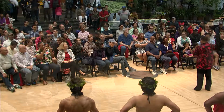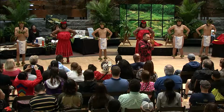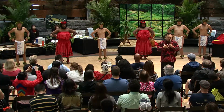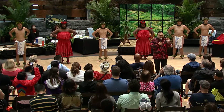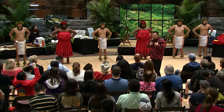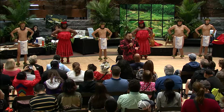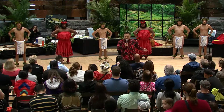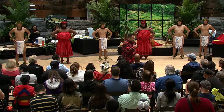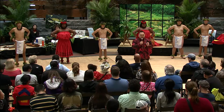All right, so again, you can recognize that hand motions help us to illustrate our story. Remember, the Hawaiian language was an oral language, only a spoken language. We call our language Ōlelo Hawaiʻi. And until missionaries came in the 1800s, the only way for us to pass down stories from generation to generation was through chant, later on through music and song, and also through hula. Our hulas enabled our ancestors to pass down stories from generation to generation, perpetuating the Hawaiian culture and ensuring that